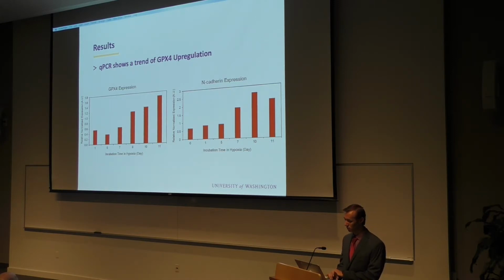I should also include that I chose to include the qPCR results for N-cadherin, which is one of the epithelial-mesenchymal transition markers that has been shown to increase in expression when exposed to a hypoxic environment. We also tested EMT markers snail, E-cadherin, vimentin, twist, and fibronectin, and all these markers were expressed in higher levels with increased hypoxia